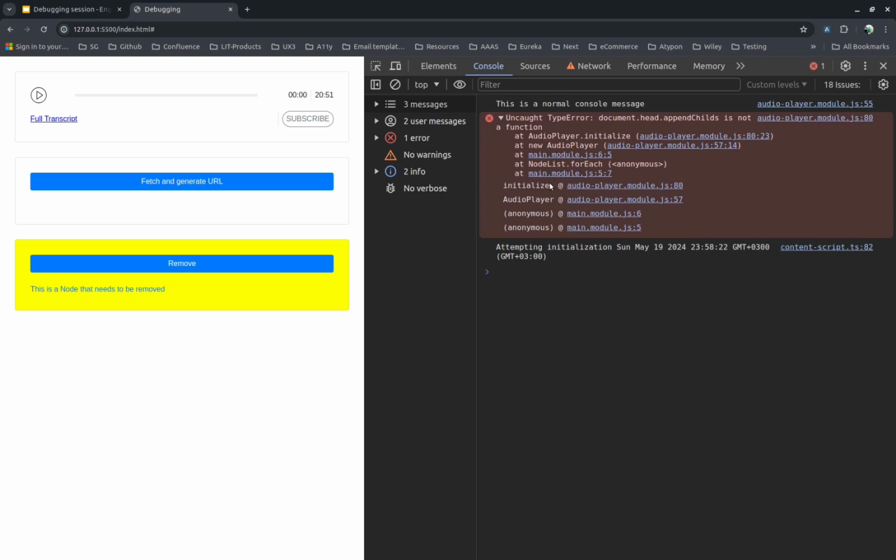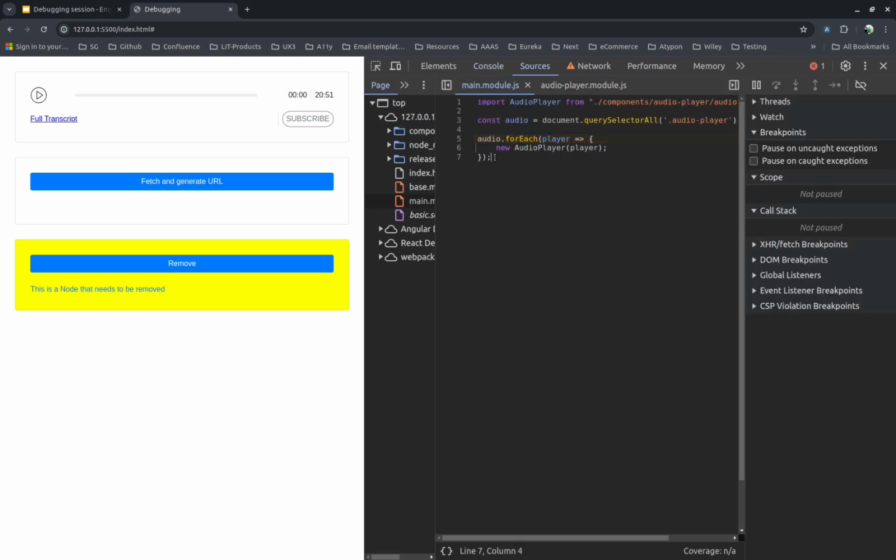So here we can see that in order to get to this error, the parser had to go into different functions or different levels. So we can see that the issue started from the main module here when the audio player got initialized for us,